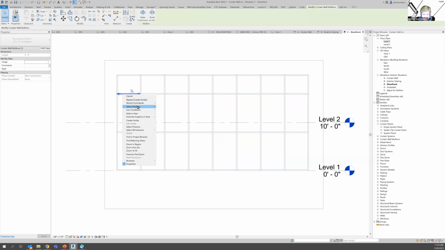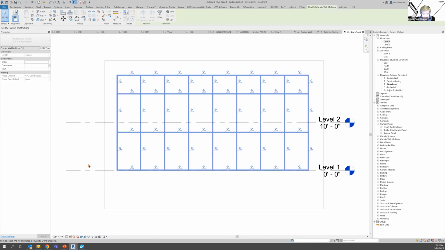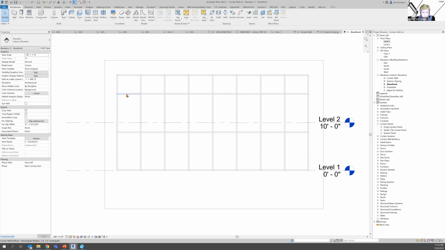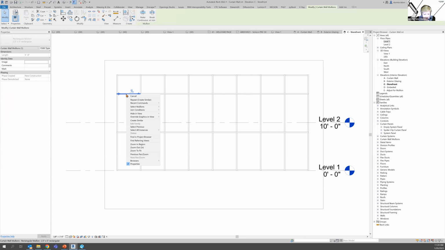Right click. Border mullions or mullions on host. That gets all of them. I didn't want to do border. Border is just the easy one. But so I can go here and I can say